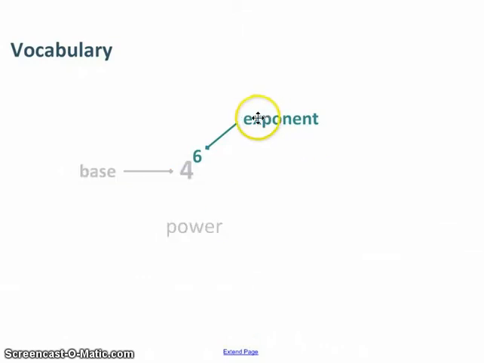Exponent, first of all. The exponent is only this number up here, the 6. And that 6, as we've talked about before, that exponent applies only to the thing it's next to, immediately next to, and that thing it's next to is called the base. The base is at the bottom of this whole thing here,